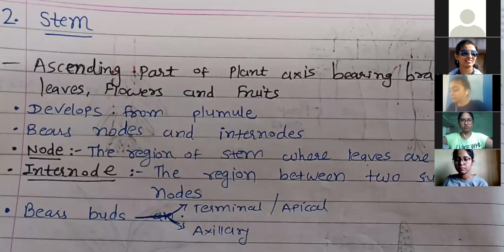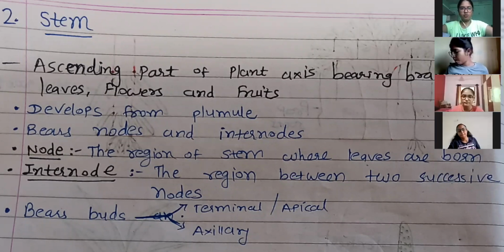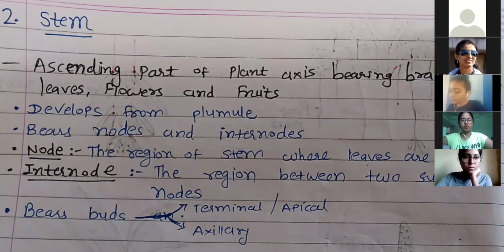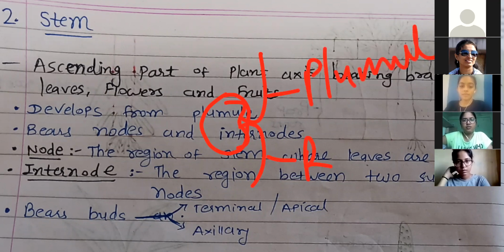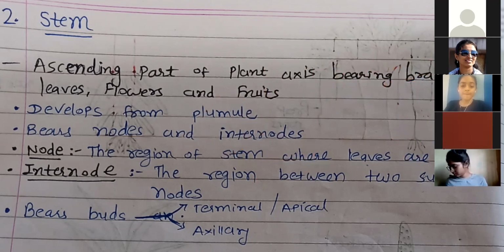Now we are going to study stem as a second morphology part of a flowering plant. In that, if you remember, when seed germination takes place, two processes arise, radicle and plumule. The upward one we call the plumule, which is the ascending process, and that forms the entire shoot system, right? So remember, from the plumule the entire stem or shoot axis arises, which is the ascending part of a plant.